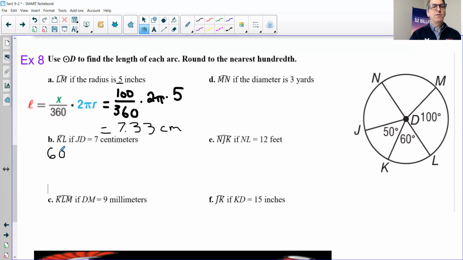We're going to divide that by 360, and then multiply times 2 times pi times the radius, which is 7. So if the radius is 7 and the degree measure of that central angle is 60, the arc length of KL is